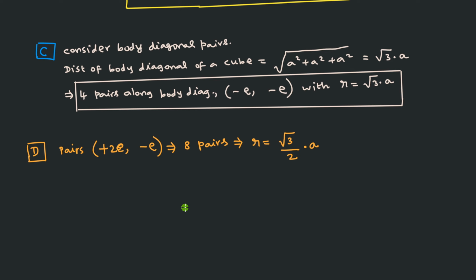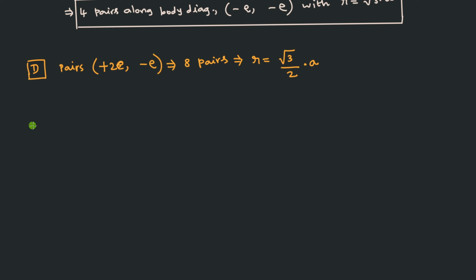Okay. And if this is the case, now that we have all the information, once all the information is available, we can now calculate the energy stored in the system, or equivalently we can ask the question, the work done in assembling this system. That's what we are going to calculate. So we'll write down that W, the work done in order to assemble this system, is given by.